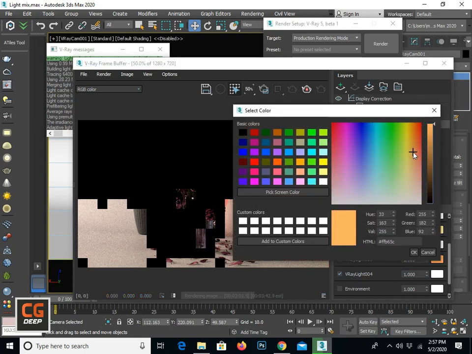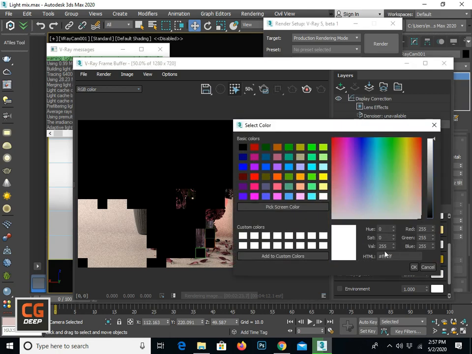Now we can change the color multiple times, and it will control here at render time, right. If I use yellow here, it will use yellow.